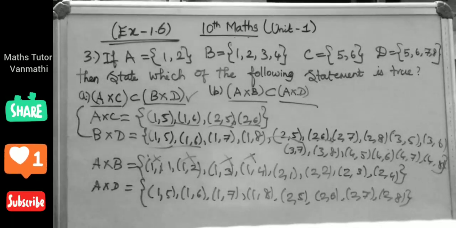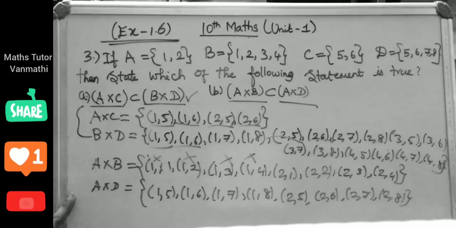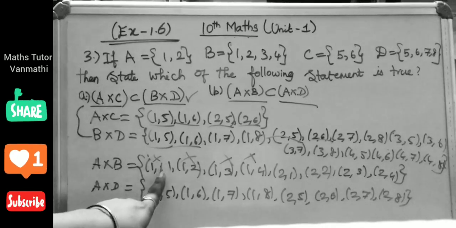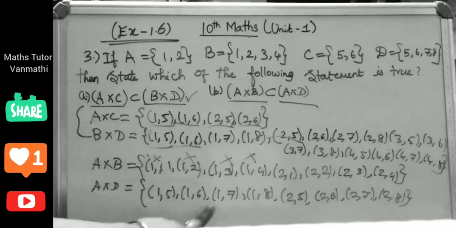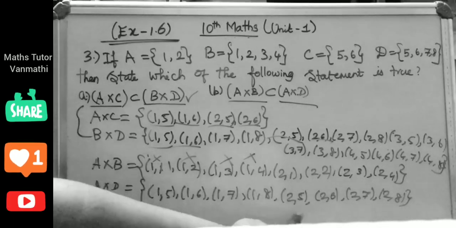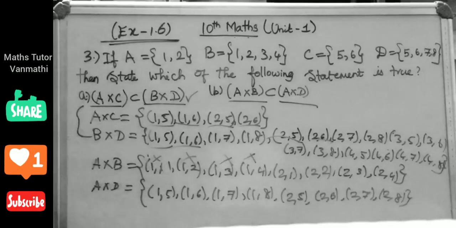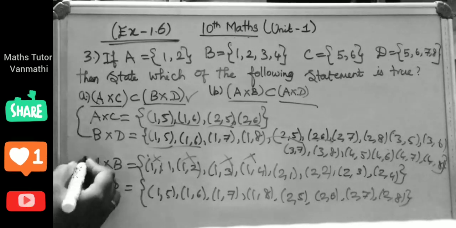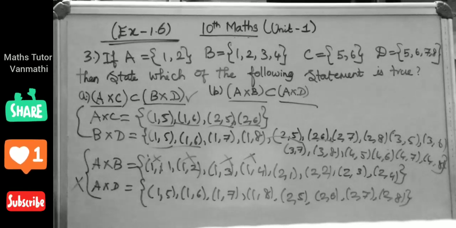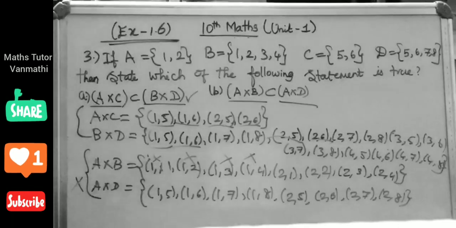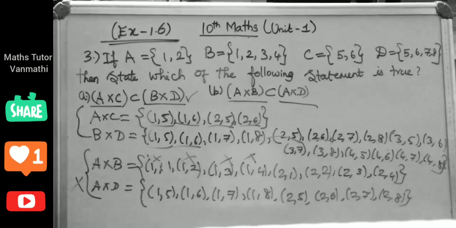Okay, next we are going to check A cross B and A cross D. So first we can see whether these elements are there in A cross D or not. (1,1) not here. (1,2) not here. (1,3) not here. (1,4) not here. Similarly (2,1) no, (2,2), (2,3), so no element is present in A cross D. So we can say this is not a right answer. Only this statement is true and this statement is false. Okay, this is your answer. Clear? Next we can move on to the fourth one mark.